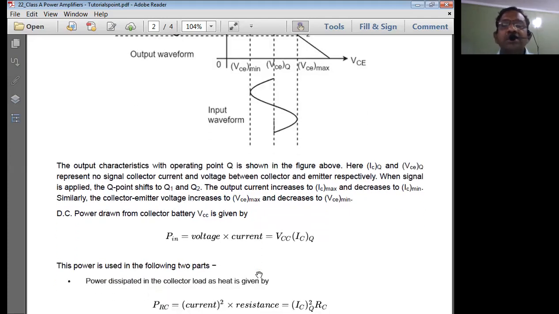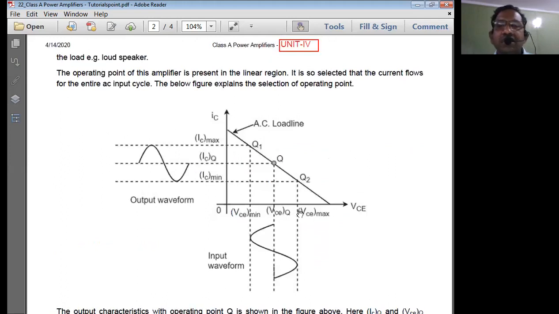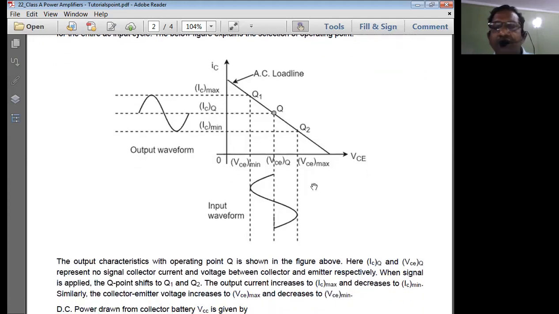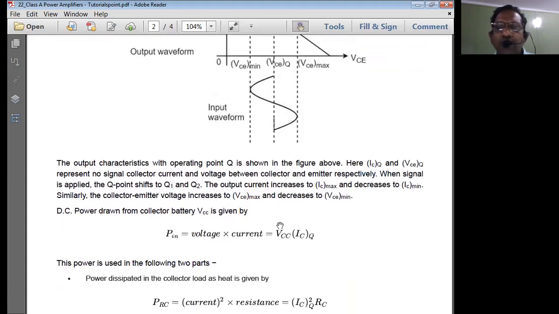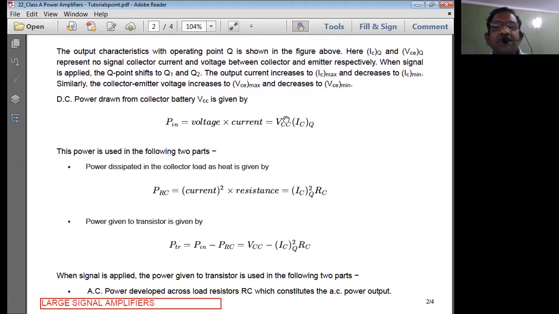So we can consider this VCE max, this VCE minimum, and this IC max and IC minimum. We don't go beyond because that is the verge of the breakdown point of a transistor, so we never go to that extreme level. We go to a level close to 0 for the minimum and close to the maximum for VCE max. Until we get a stable response, we can keep enlarging and see that more signal is transmitted, and the input power gets distributed.